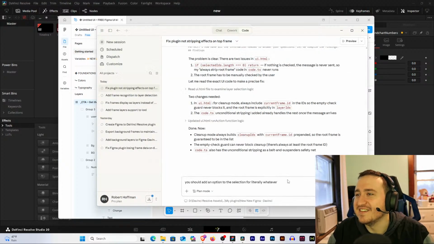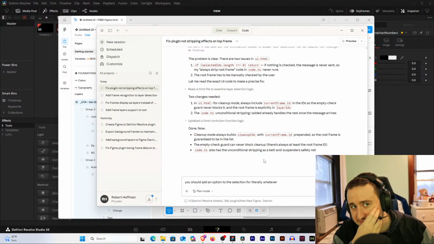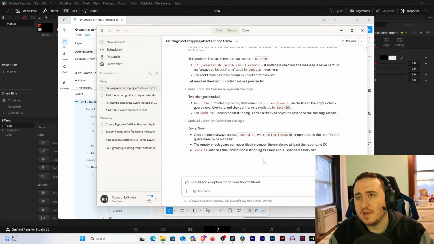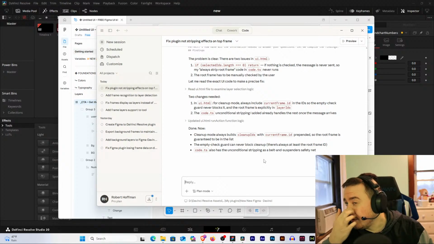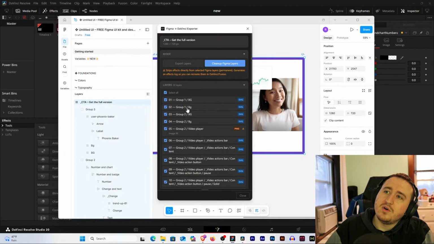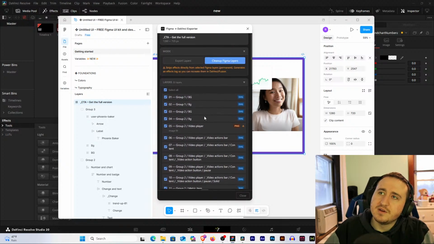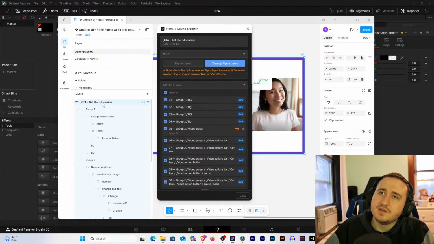What is this doing? You should add an option to the selection for literally. No, that won't work. How would we even display this? I don't even know, because all of these are groups. So we could literally list, like,